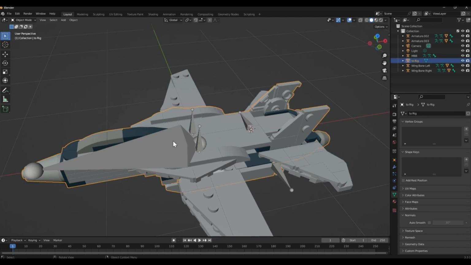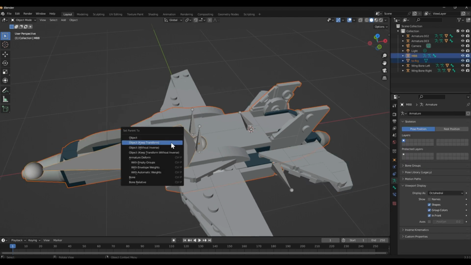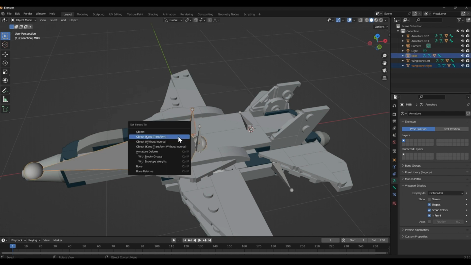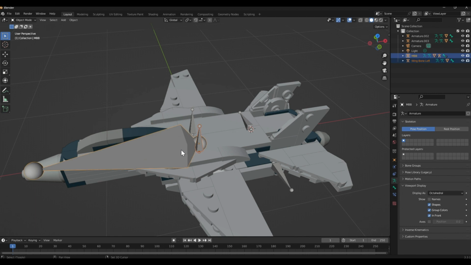Let's connect the main body to the main bone now. Same principle, Control P, object group transform. And now I'm going to connect all of these small bones to this big one. So let's select this guy, Control P, object keep transform. Select this, Control P. Again, select the bone first, Control P,